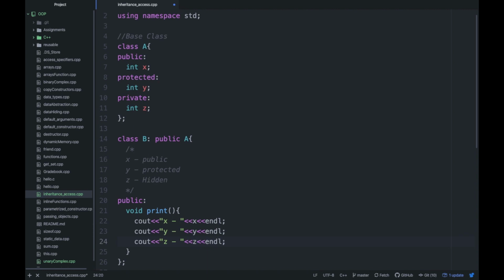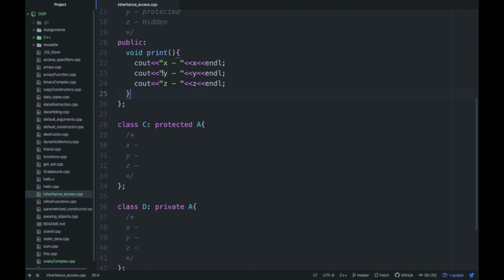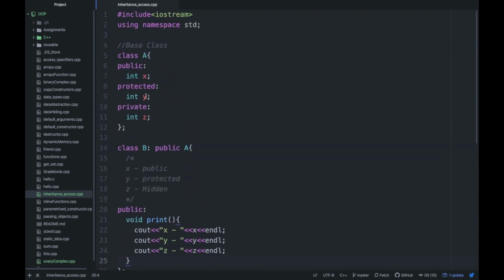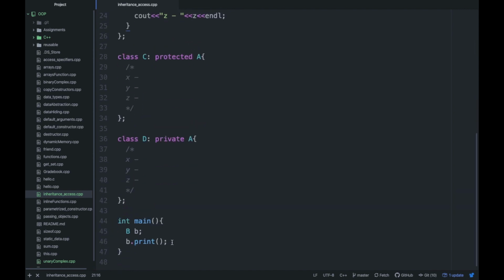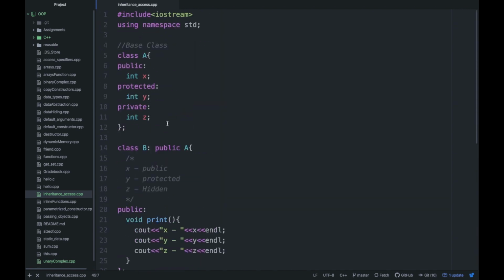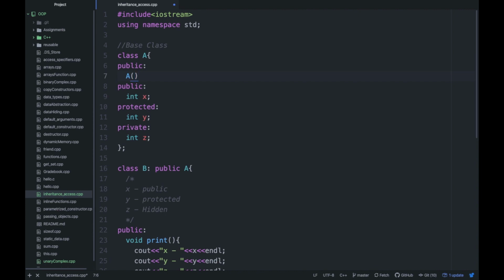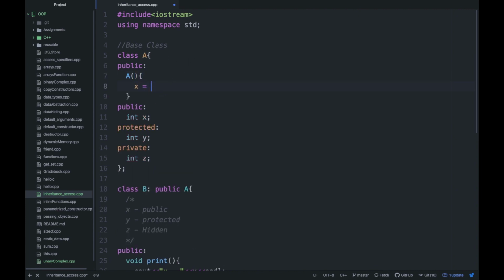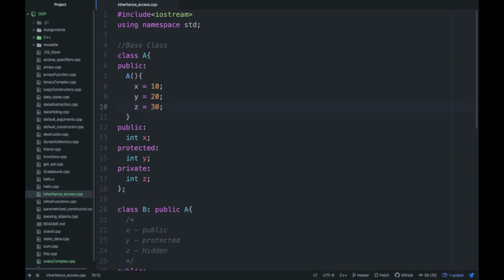And after this example you will be able to clearly understand what it means. We don't need to create XYZ variables because these are already being created here. If you want to assign some values to them, that is fine, but we are not doing that as of now. They will have some initial values, or maybe what you can do, you can create a constructor here, right? And that constructor could provide some values to X, Y, and Z. So X should be 10, Y should be 20, and Z should be 30. Clear?